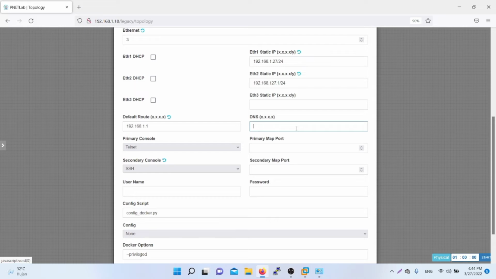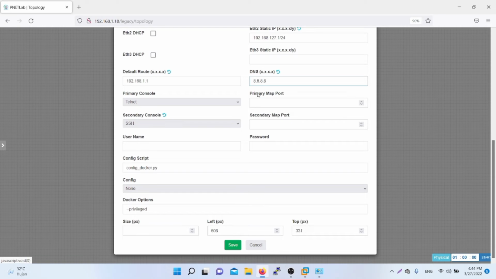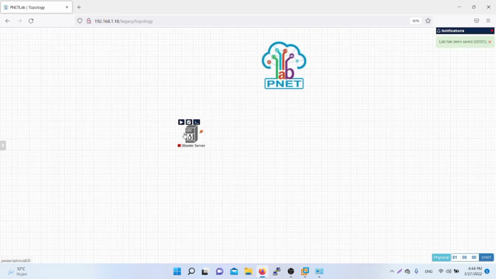I choose DNS from Google, and the DNS from Google is 8.8.8.8. If we are already like this, we go to save to make the Ubuntu server.